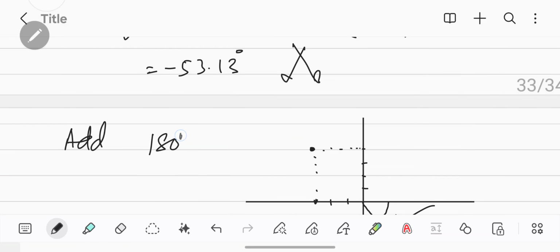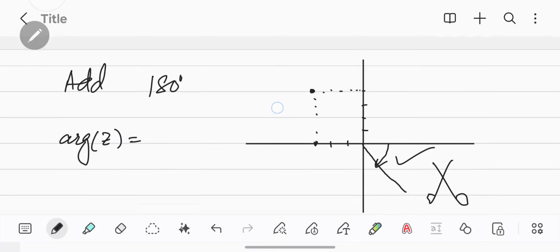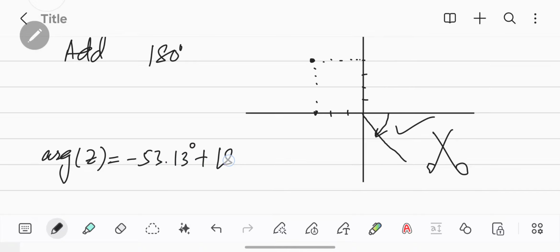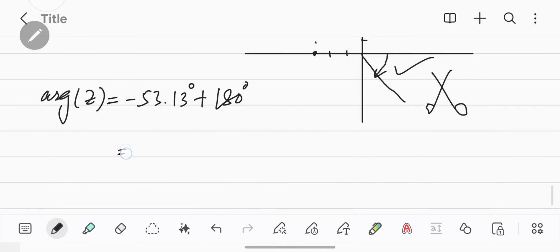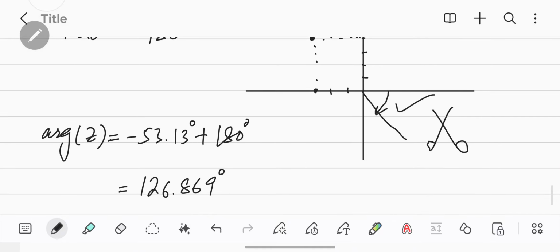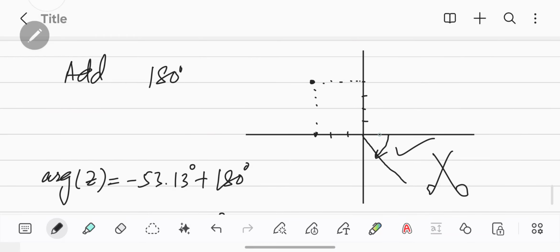So add 180 degrees in the argument. So the argument of z is equal to negative 53.13 degrees plus 180 degrees. If I add it, I will get 126.869 degrees. So this is the correct way, because if I draw this angle from here to here, because this